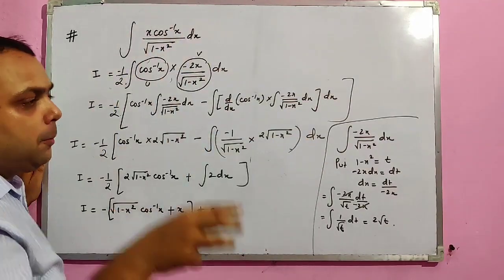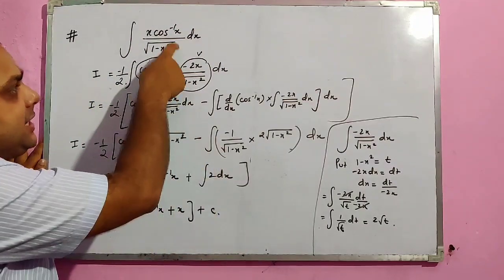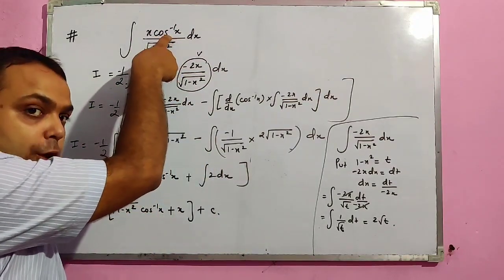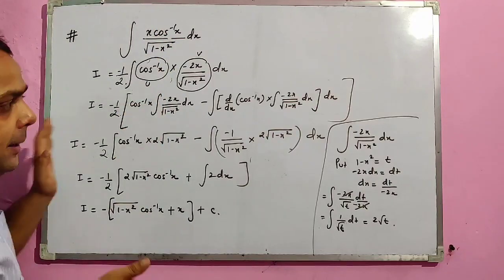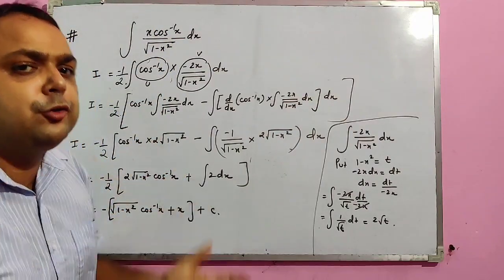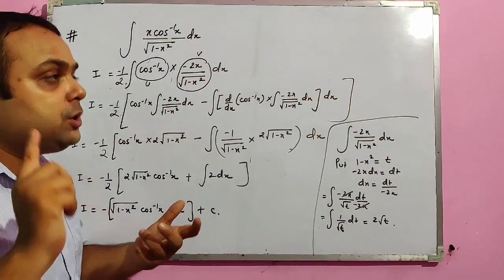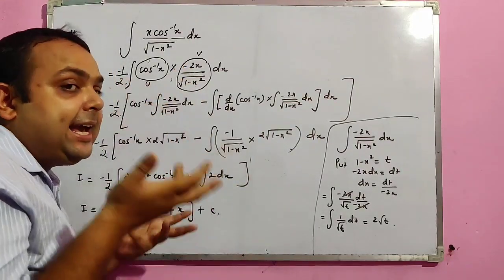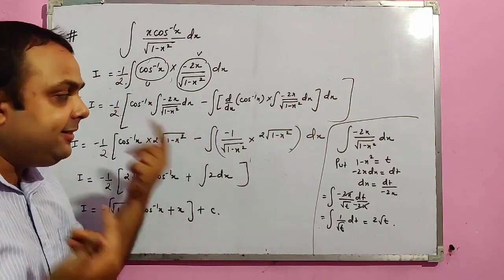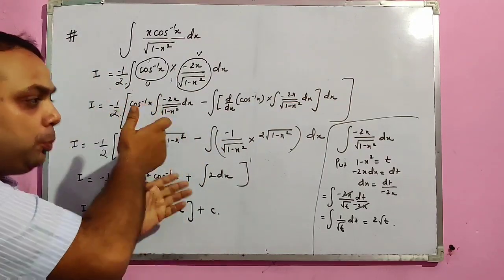Now in this question the most important thing is to understand the pattern. If we have sine inverse also here, we have to do it like this. It will make our question easy. There are many other methods also to solve this, but this one is the easiest one, in which we need to just apply this concept, dividing and multiplying by minus 2. And then the integration of this should also be done,